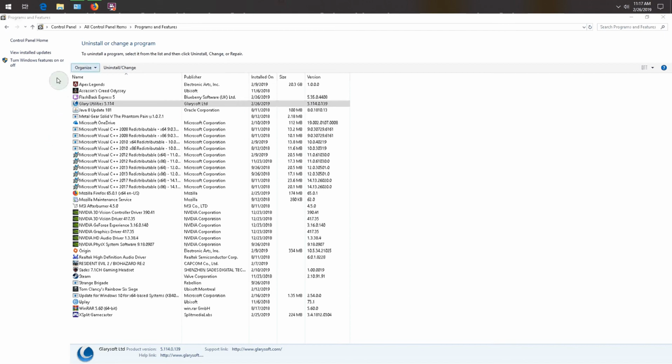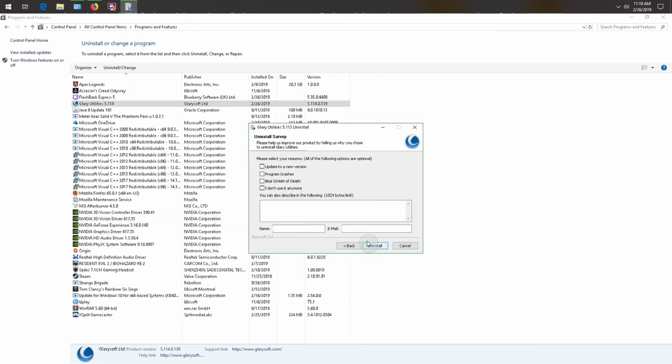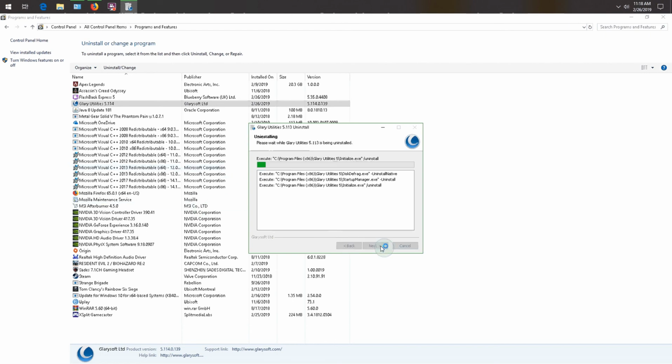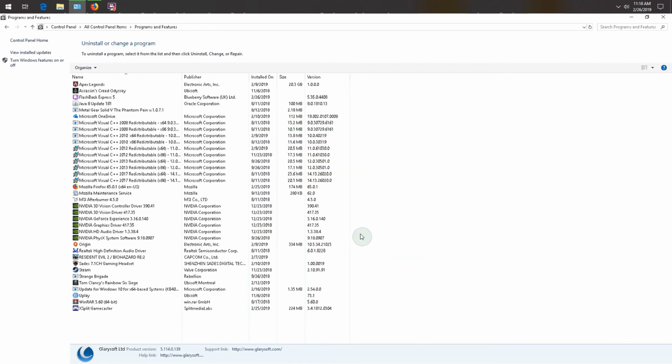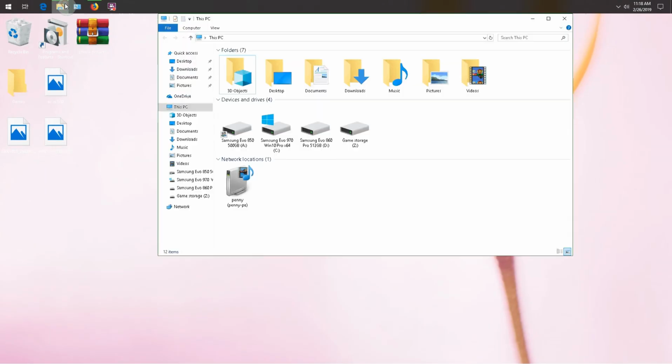So if you're going to uninstall something, choose where it is on the list. In this case, it's going to be Glary Utilities. Choose Uninstall and Change, and then hit Yes. And this will go ahead and uninstall the program. You can choose why you don't want to have it installed anymore. Choose to have the backups gone, and then close that. And then always, if you can, go into your Windows File Manager, choose This PC,